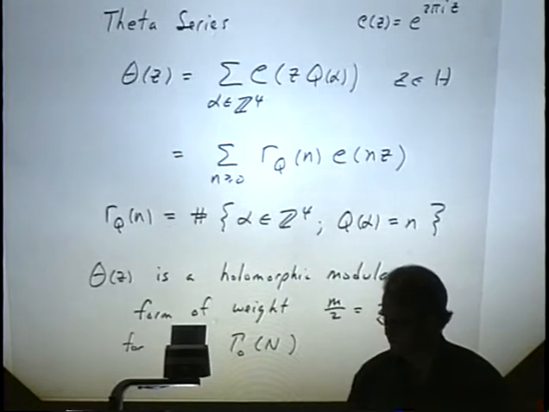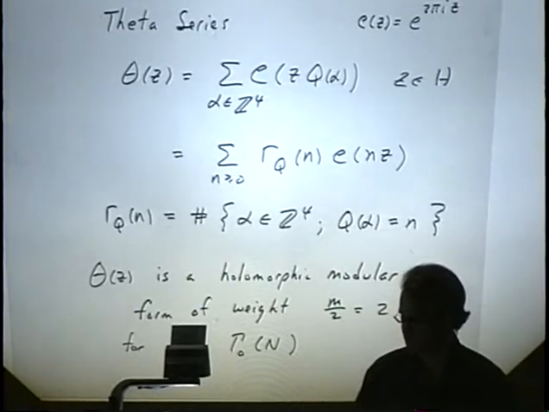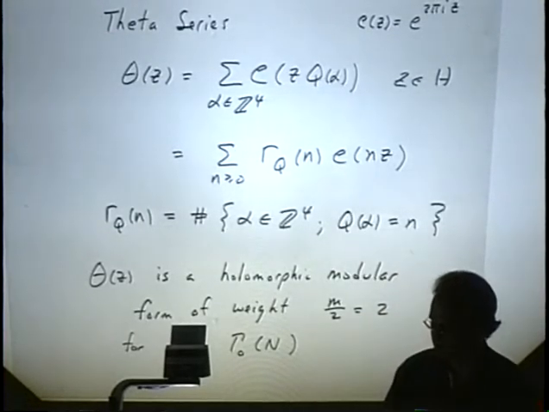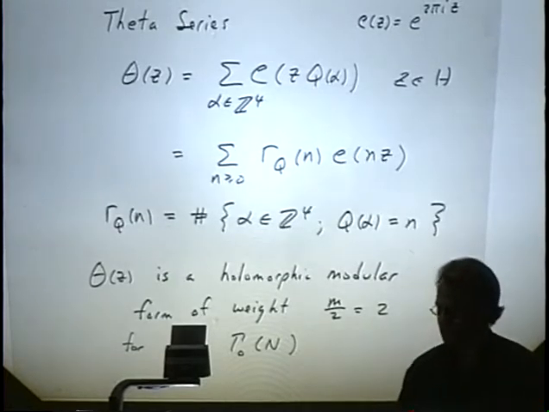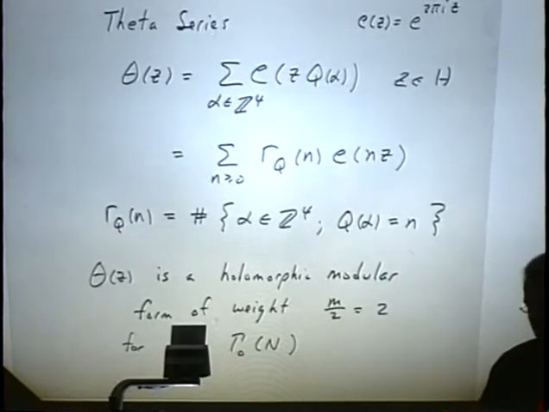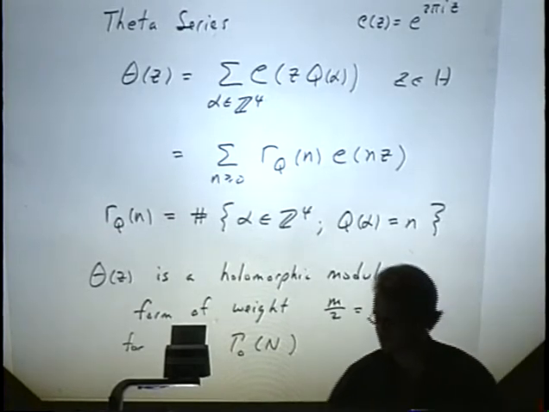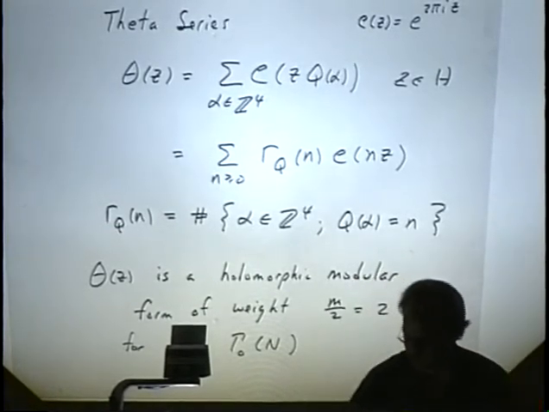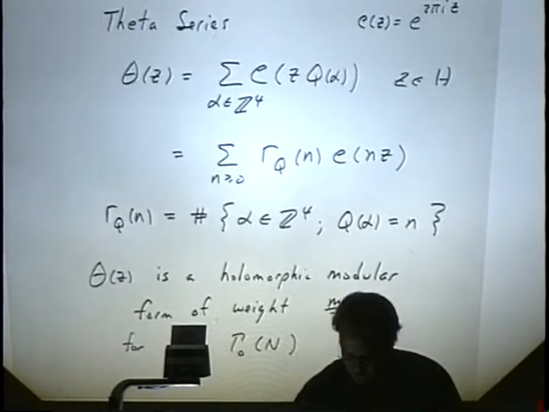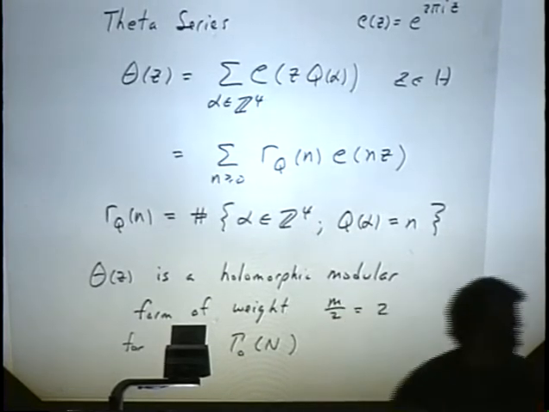So the basic idea, and it's Poisson summation formula in this context, is that this is a holomorphic modular form of weight m over 2 in general, and for a quaternary form, it's going to be of weight 2 for some level, and the level is determined by the quadratic form. So it is a modular form, and